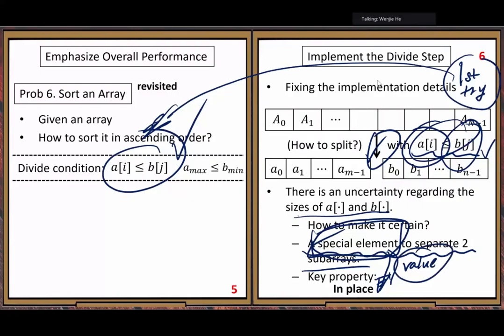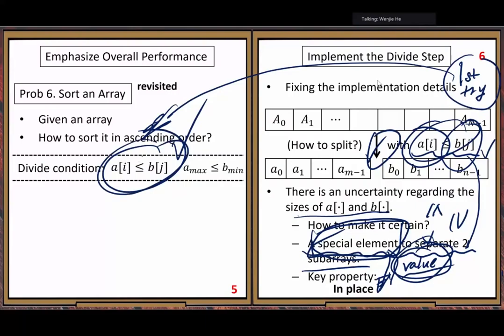So the values in the left subarray should be less than or equal to the value of the separator element. For the right subarray, the arrow should be in this direction, greater than or equal to. This special element is critical for this divide step.